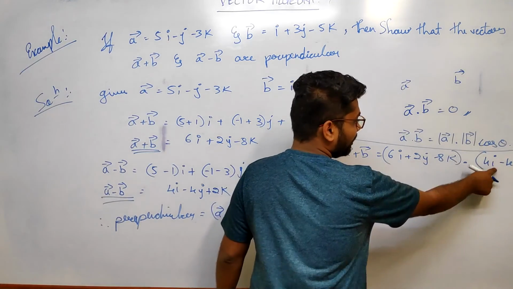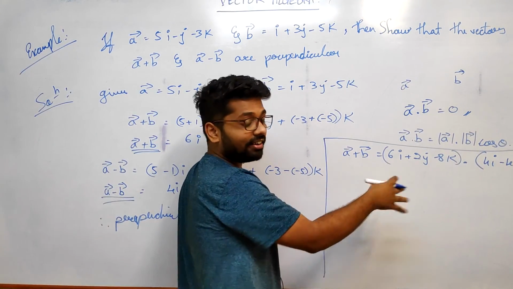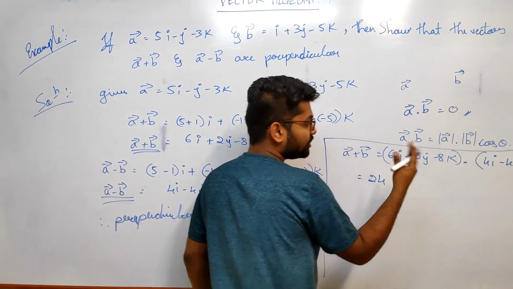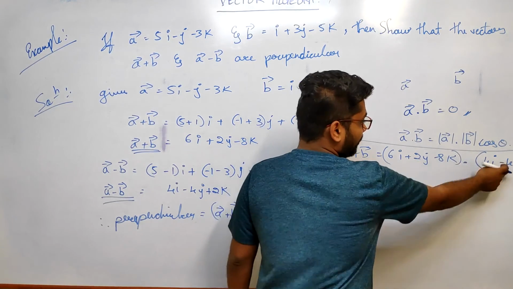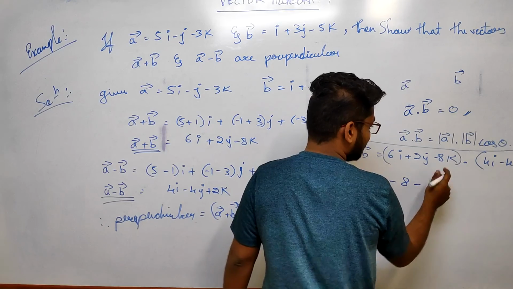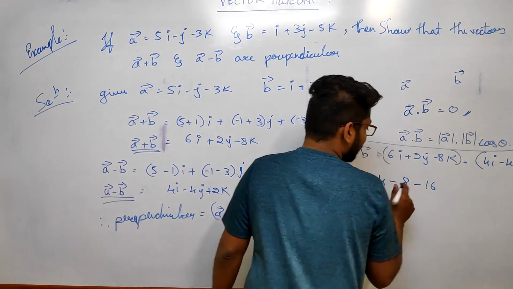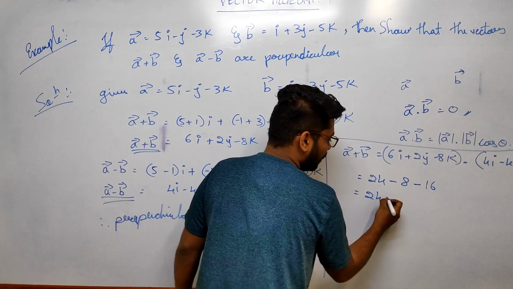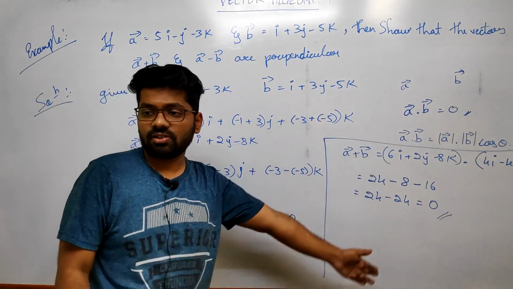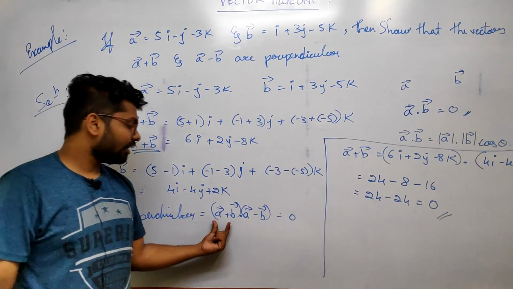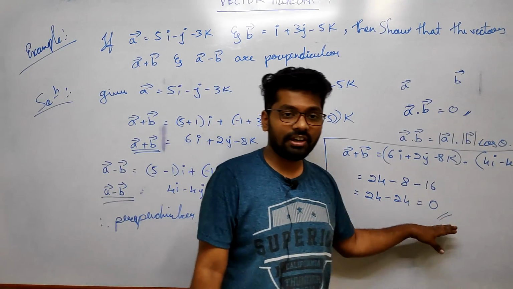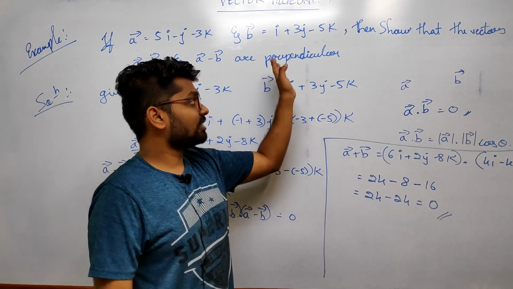Now we will multiply the corresponding values and keep them as they are. 6 4s will be 24. I dot I is 1, that we will ignore. Plus into minus, minus 4 2s 8. Plus into minus, minus 8 1s 8, 8 2s is 16. So 16 plus 8 is 24. That means 24 minus 24 is 0. So did you get the dot product as 0? So since a bar plus b bar dot a bar minus b bar is equal to 0, we did prove, therefore this condition is satisfied and